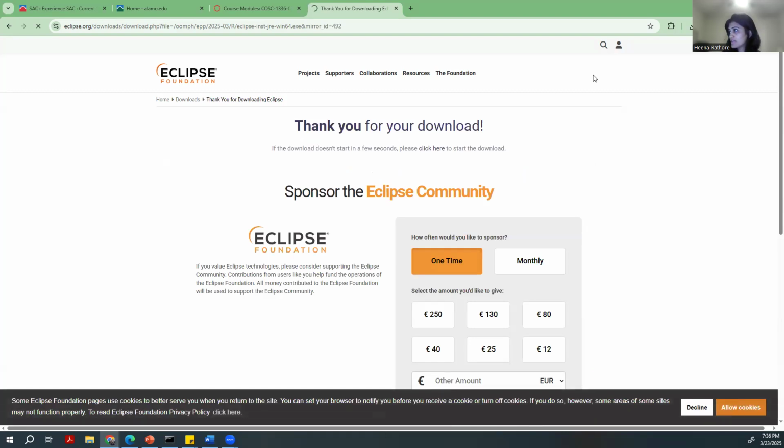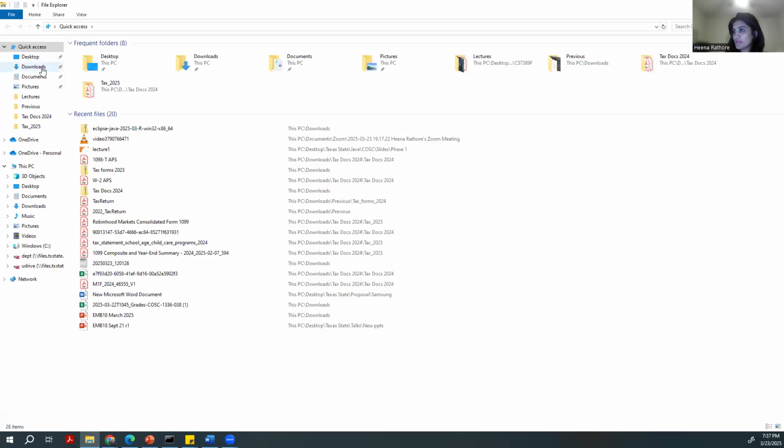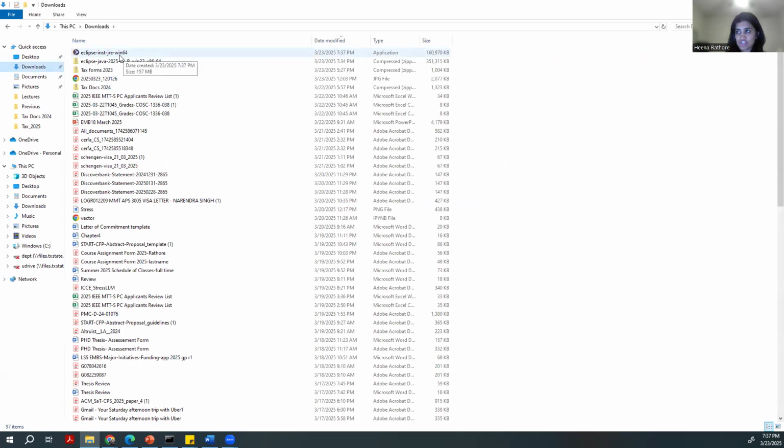So it will start downloading on my machine. And here is that icon, which you will see on the right-hand side, which is telling me, okay, this is downloading, and we'll wait for it to get downloaded. As soon as it gets downloaded, it should be in your downloads, and I click on my file explorer. Here is the downloads, and here is that JRE Win64. I will double click on it, and